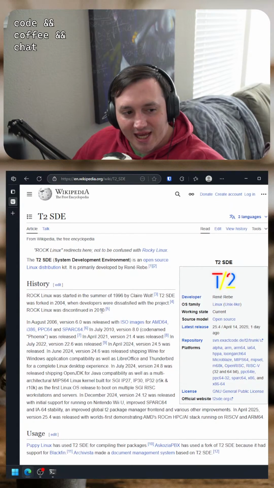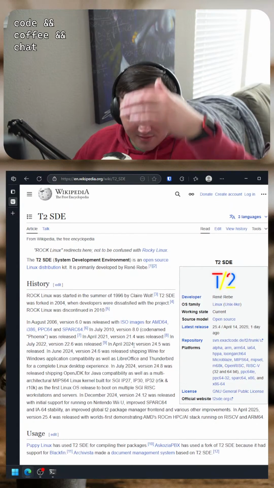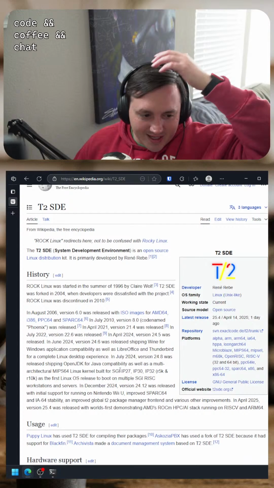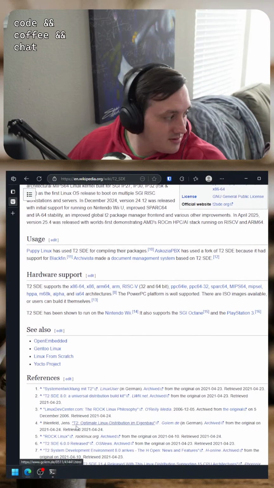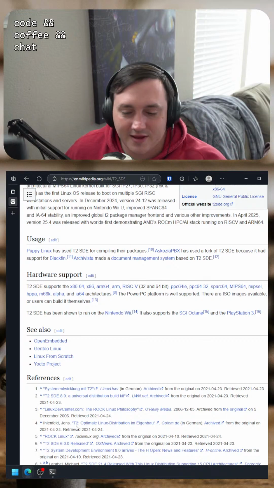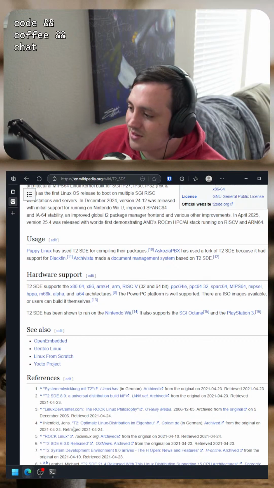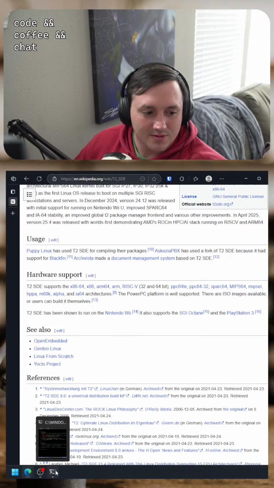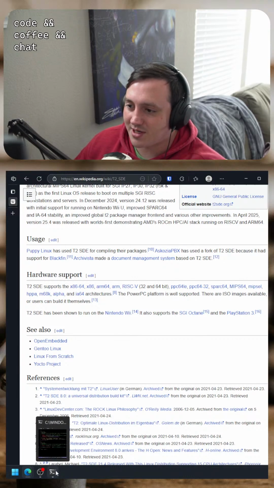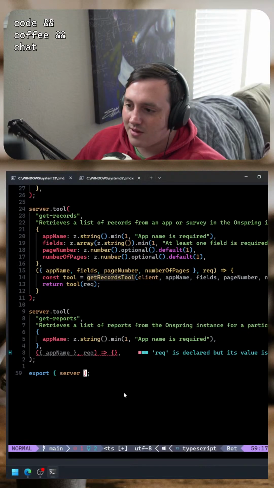Yeah, I'm scanning this article right now and I'm thinking this is all going over my head. I think my dog is having a dream right now. I think he's asleep, but he's barking in his sleep. Yeah, he's for sure barking in his sleep right now. It's a system development environment. Okay, very cool.